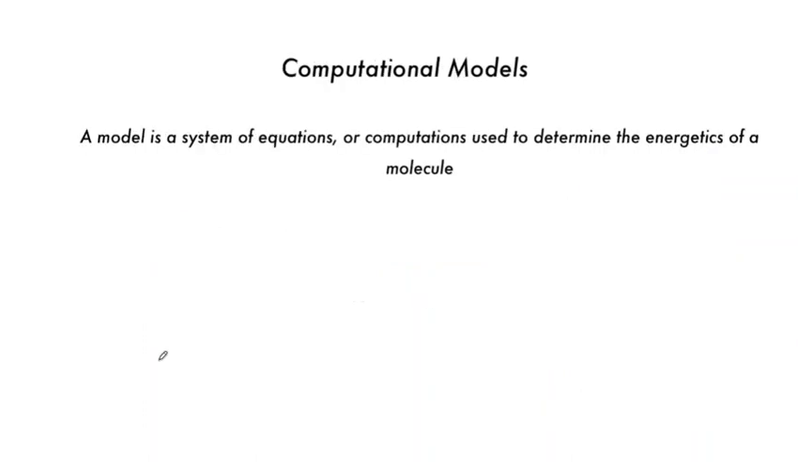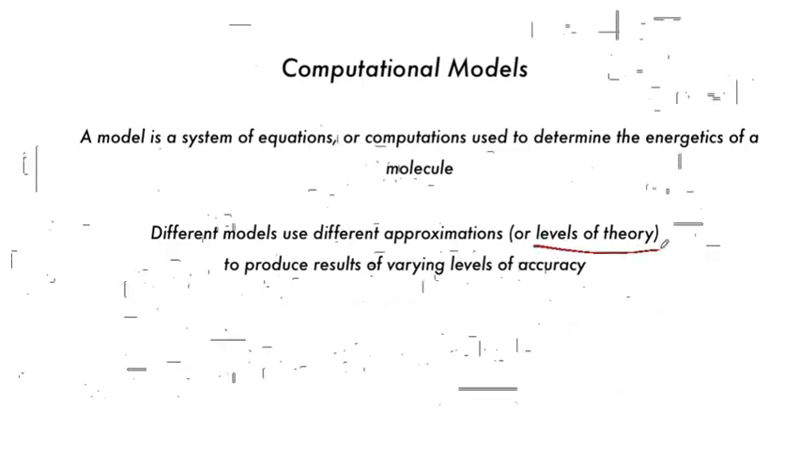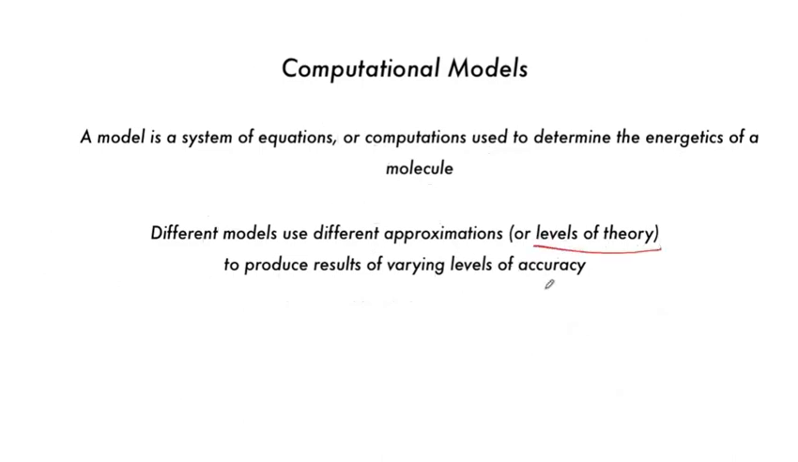Because ultimately, in all of this, we have to justify our conclusions. Computational model. A model is a system of equations or computations used to determine the energetics of a molecule. So that's various wave function energies. Different models use different approximations, or sometimes you'll see it called levels of theory, to produce varying levels